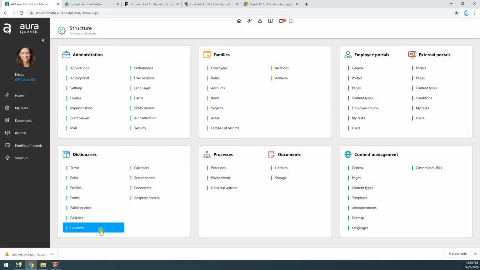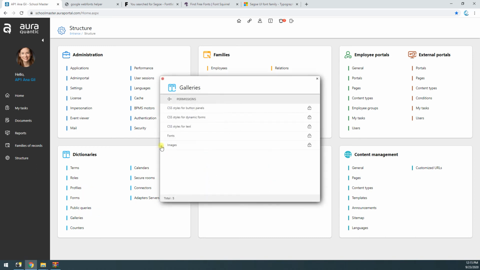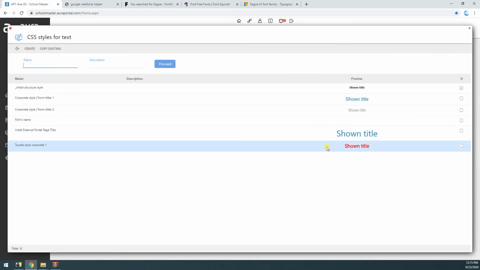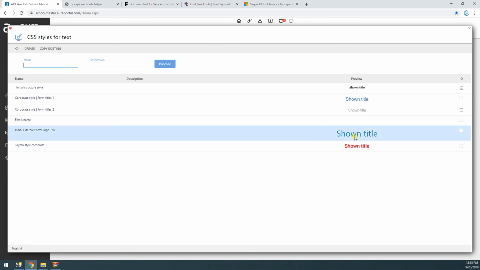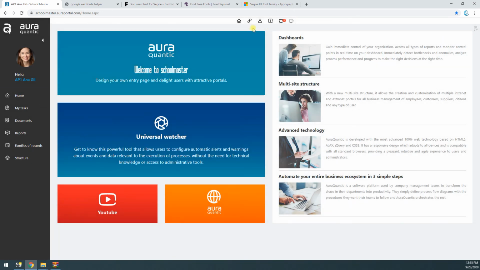All we have to do is create it here and then start using it throughout the platform wherever we need it. If I go back to galleries, we can also see there's CSS styles for texts. So basically I can create whatever styles I want for texts. I can create as many as I want, and wherever I'm using this style, if later I have to come here and modify it, I'm going to make this modification across the entire platform. For example, if I go back to this content I just showed you,